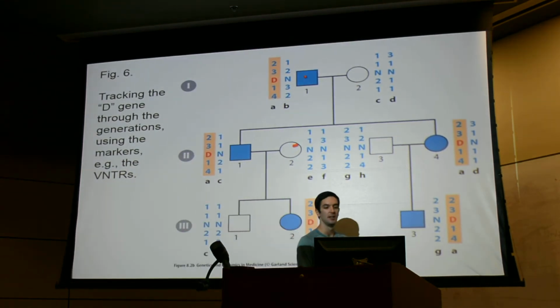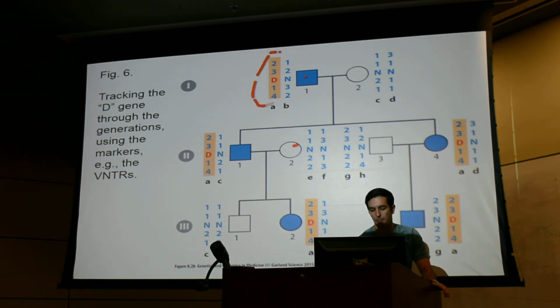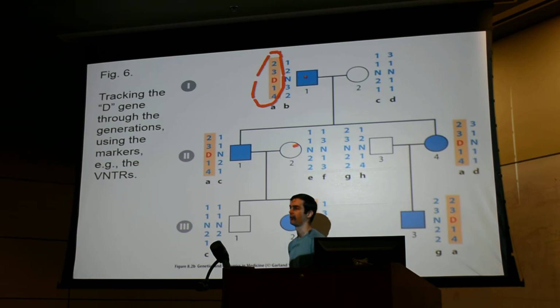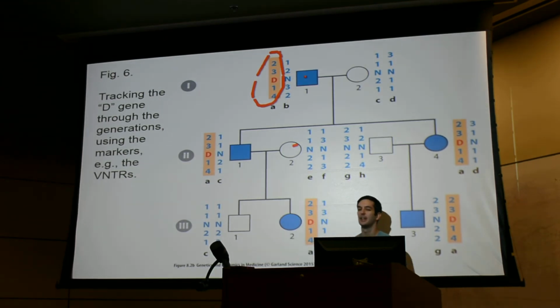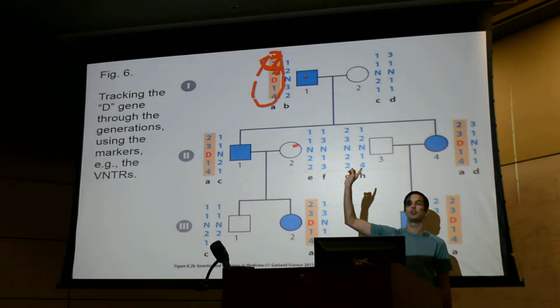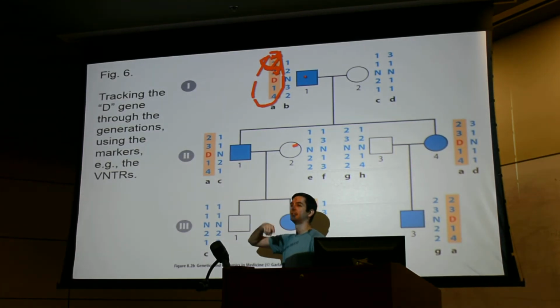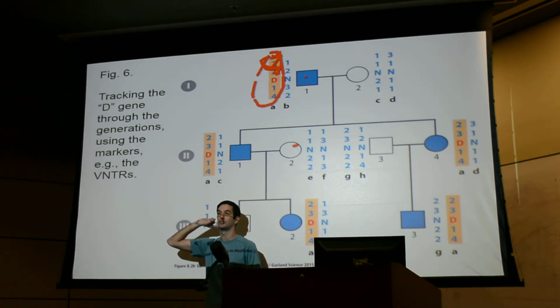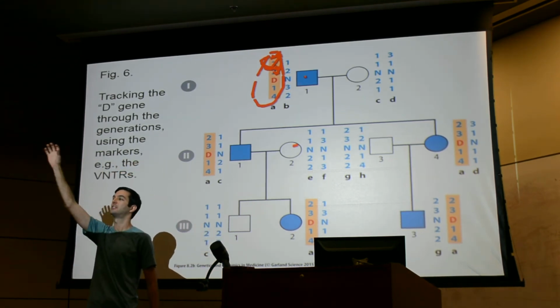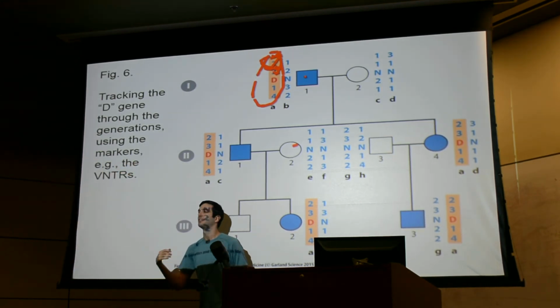Because this is one haplotype block. What does that mean? It always travels together. So what that means is, if I can say, oh, in this block they have a 2 and a 3 at the first VNTR and the second VNTR, I can then assume I know what the allele is going to be there. Because these always travel together throughout populations, throughout the parents into the offspring. That's exactly what they did.